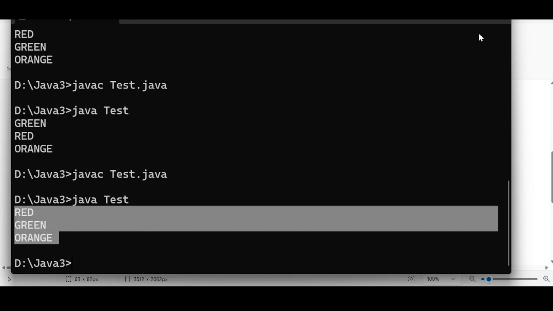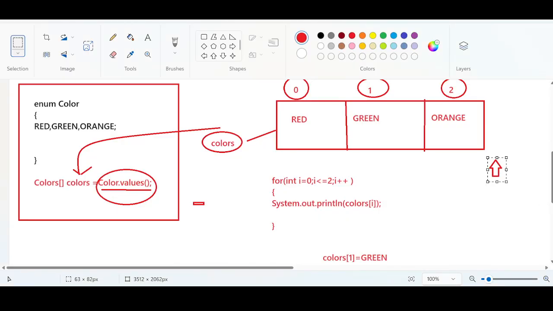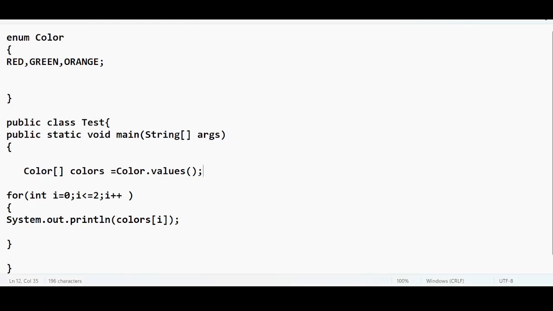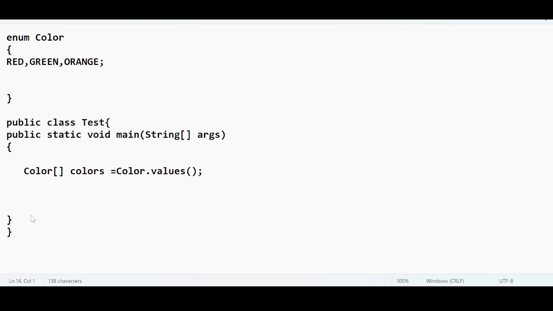Red, green, orange. Right? So this is the typical for loop. Instead of using the for loop, I can use the enhanced for loop. Enhanced for loop is always prepared for arrays. The moment I start discussing arrays, you will get to know about this enhanced for loop better. For now, just understand that the cursor will be created and the cursor will be iterated from the 0th index